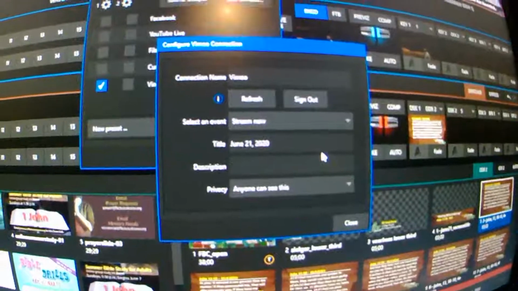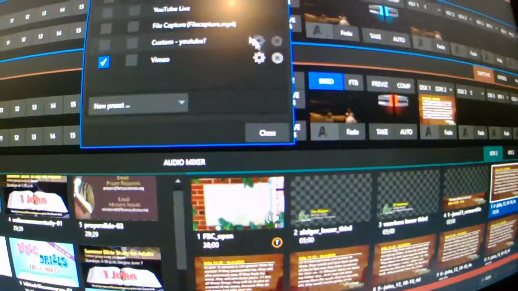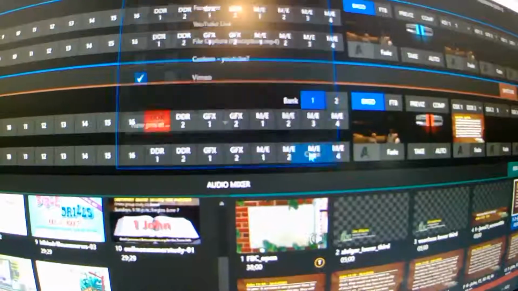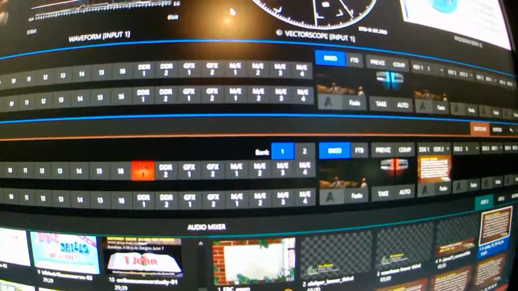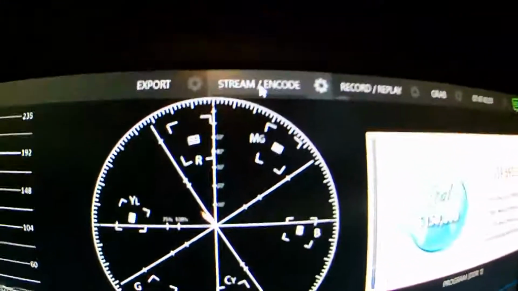So we're already signed in. It's very convenient. Once you get all this set, once you type the title in there, and I'll just close this window, and the Vimeo stream box is checked. So I will close that as well. So what that means is that now we're ready to go. If I go up here and click this stream encode button,